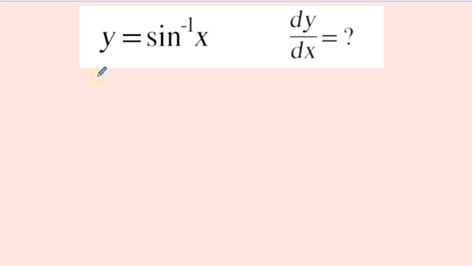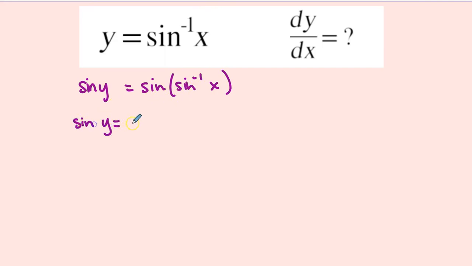So what we can do to both sides is take the sine of both sides, because sine is going to cancel with inverse sine, and that's going to give us sine of y equals x. And then we're going to implicitly differentiate, so the derivative of sine y is cosine y times the derivative of the inside, y prime, equals the derivative of x, which is 1. So we're taking the derivative with respect to x. Then we isolate y prime,